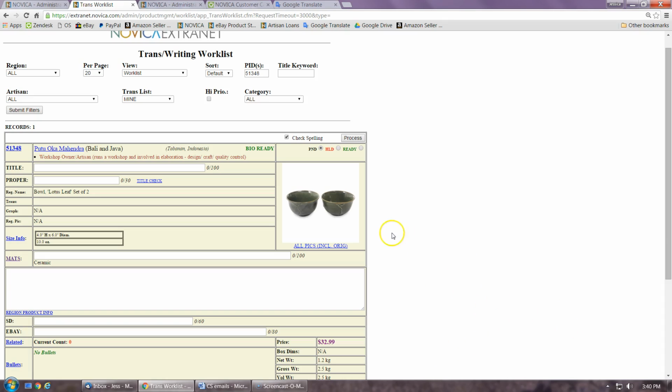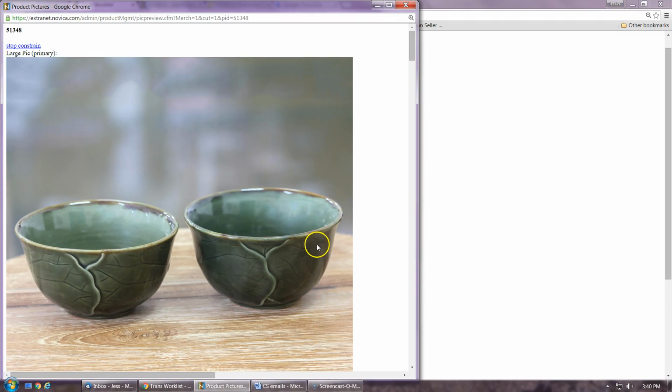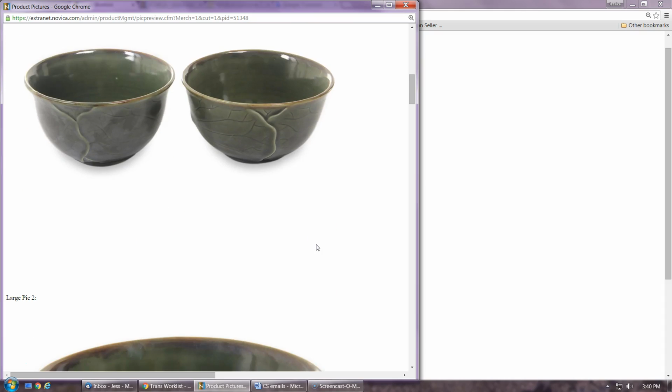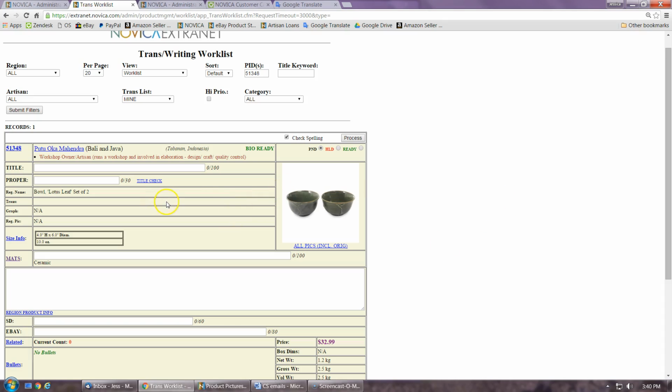As always, I'll click first on the photos. This will help me to describe the product accurately. I can leave that window open while I work. The first field I need to complete is the title field. The region gave the bowls the name Lotus Leaf,